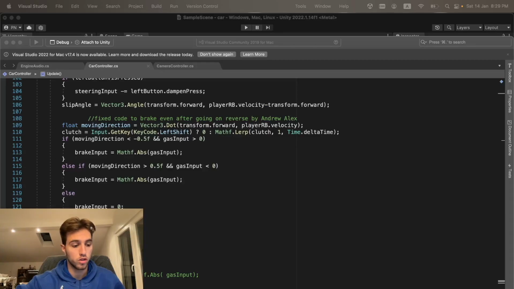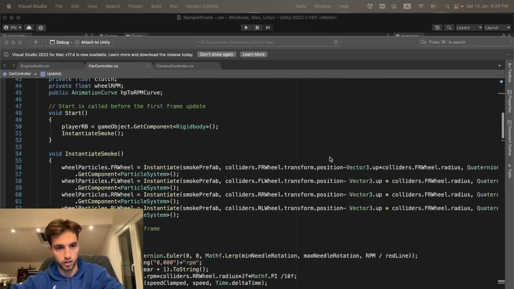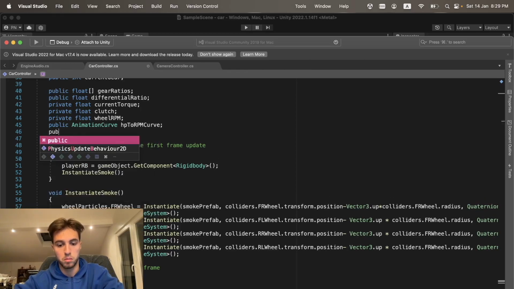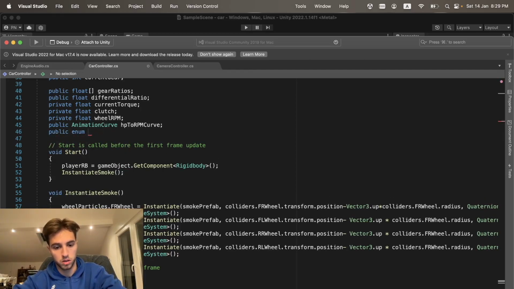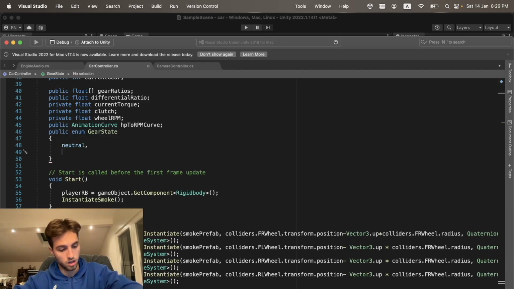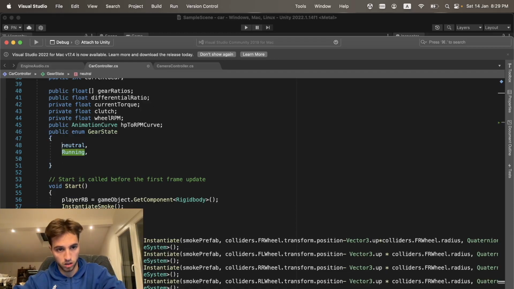Okay, so to do that, we're gonna create a new state machine to check what we discussed earlier. So, create this. We're gonna create an enumerator. We're gonna call this public enum Gear. Set this to GearState, and we're gonna have the Neutral state, the Running state, sorry, this should be uppercase, and our Checking